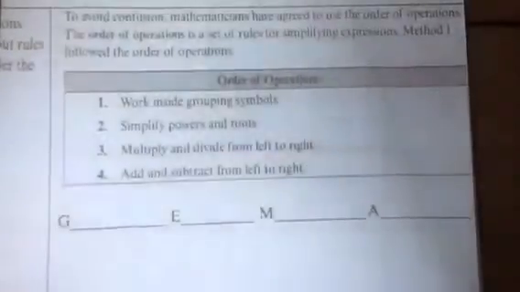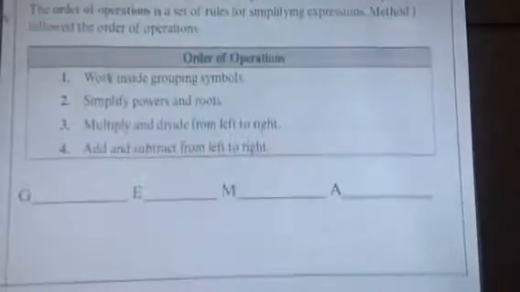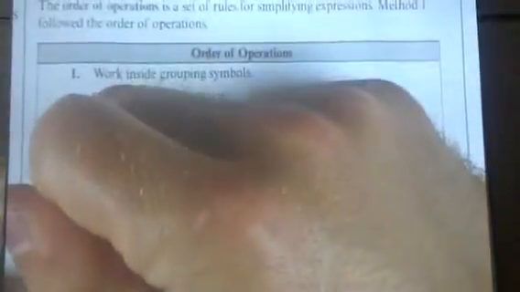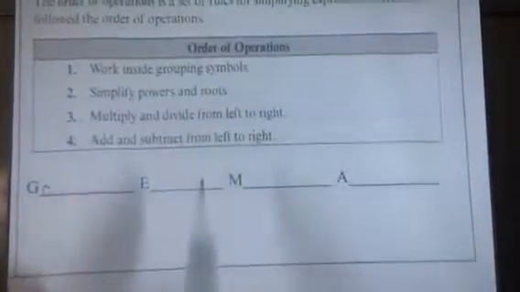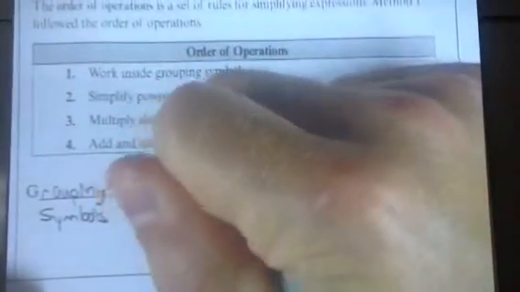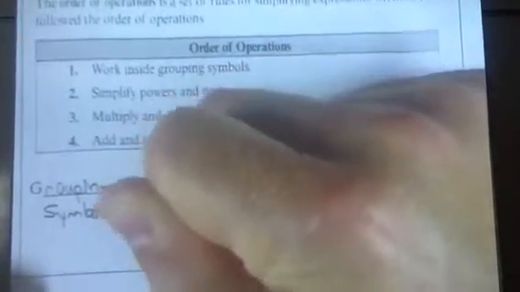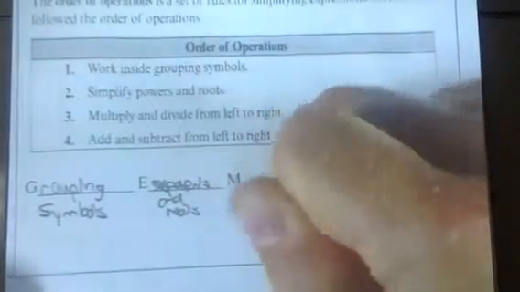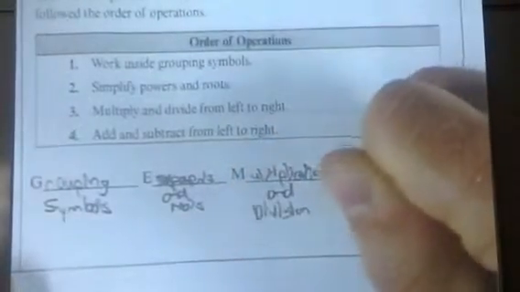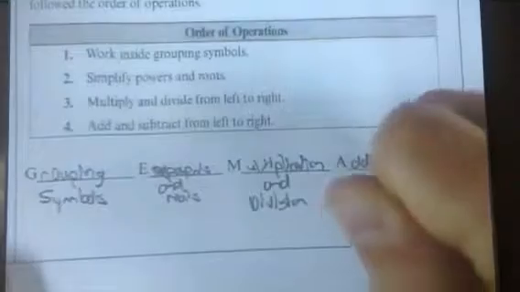Now, the order of operations that I want you to remember. You may have heard, please excuse my dear Aunt Sally, but I want you to forget about that, okay? Forget about please excuse my dear Aunt Sally. I want you to think about this. GEMA, which is grouping symbols, exponents and roots, then multiplication and division, and then addition and